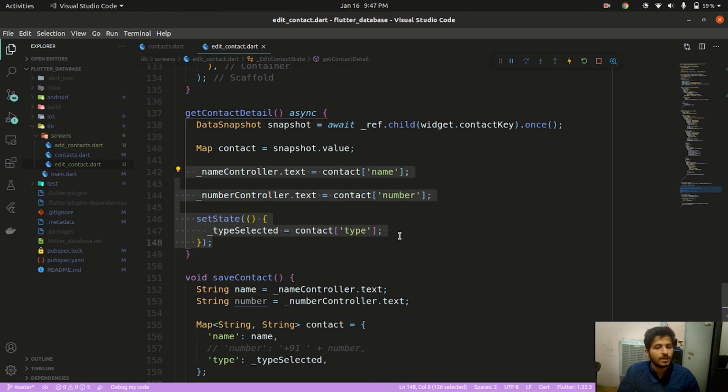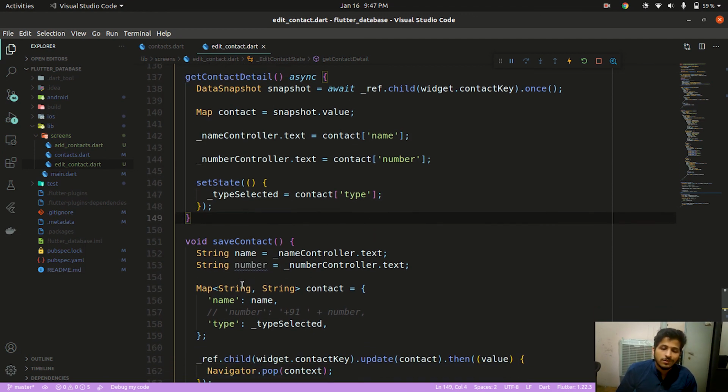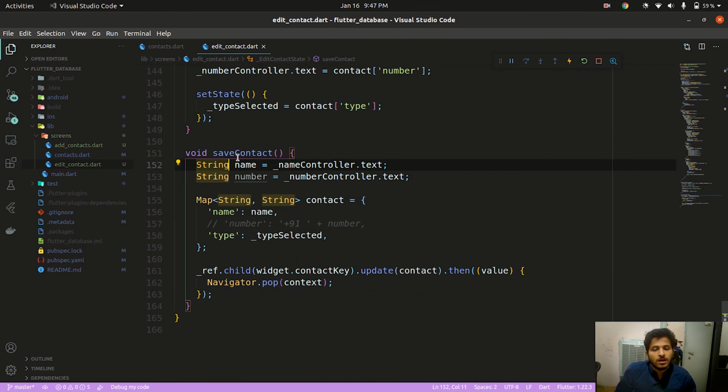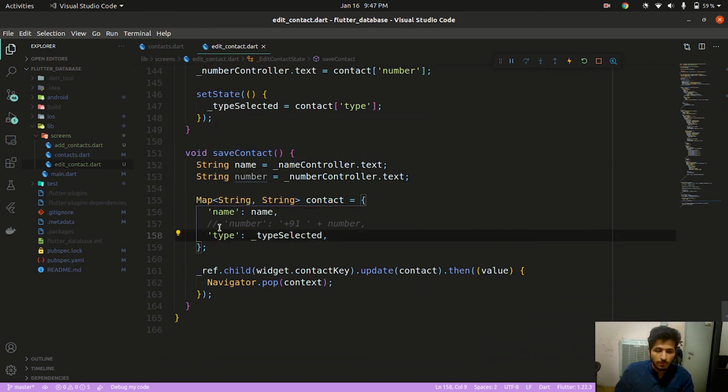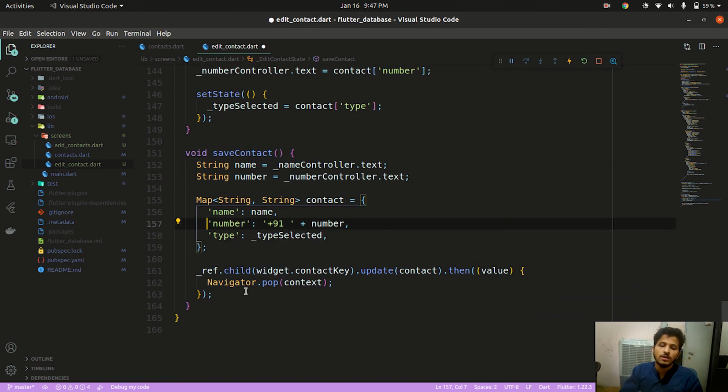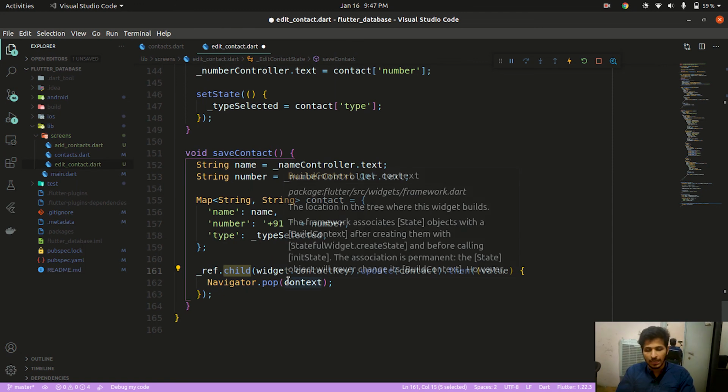So now we have got our contact data from Firebase, and we have set the views with the updated data. And then in our save contact method, which should be update contact, we need to rename it. What we are doing, let me comment out this number. Instead of pushing this map, we were using child. We were telling Firebase, don't create a unique ID for this object.